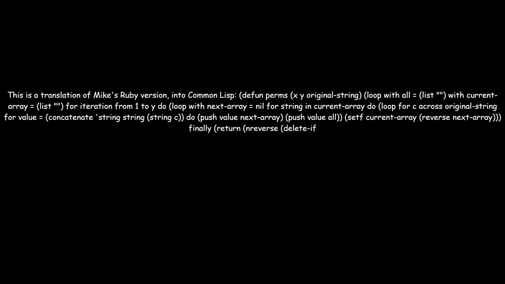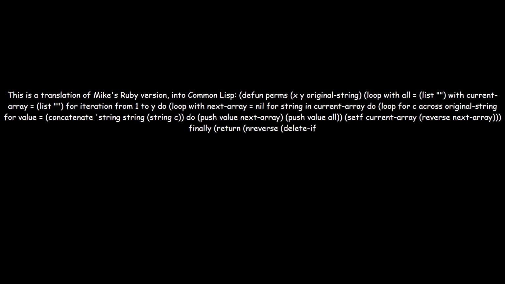This is a translation of Mike's Ruby version into Common Lisp. (defun perms (x y original-string) (loop with all = (list "") with current-array = (list "") for iteration from 1 to y do (loop with next-array = nil for string in current-array do (loop for c across original-string for value = (concatenate 'string string c) do (push value next-array) (push value all))) (setf current-array (reverse next-array))) finally (return (nreverse (delete-if #'(lambda (l) (< (length l) x)) all))))